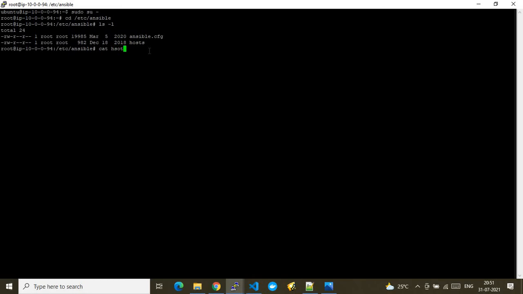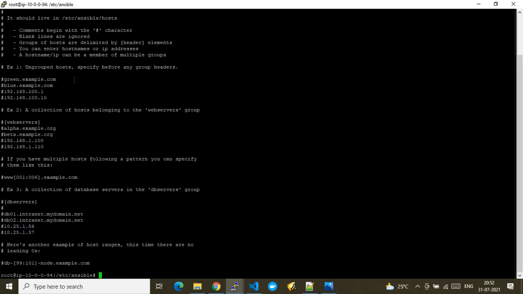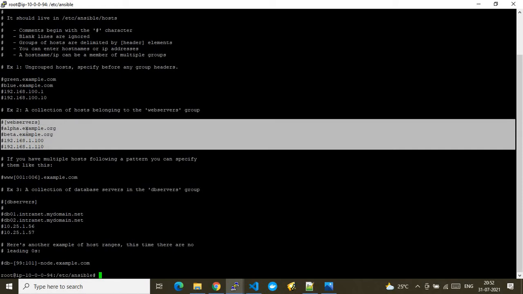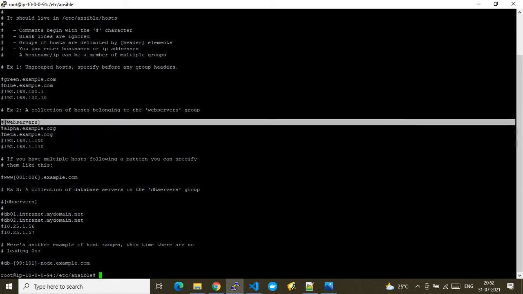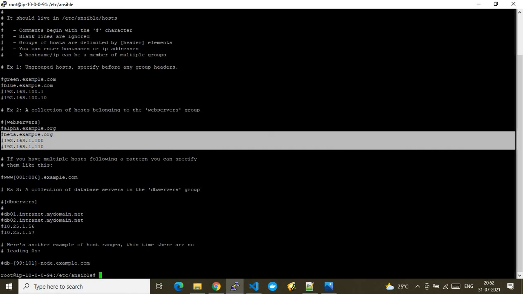This is where I need to do the next task. Hosts is a file which Ansible uses for maintaining the inventory. It maintains the record of all the VMs it supports for managing configurations. So let's do a cat of this one. Here you go. It contains a lot of information, and it also gives some examples of how you need to keep the inventory file. It's telling us to keep your servers in a grouped format, where you group them by giving a name to that group in square brackets. After that you can put an FQDN or the IP address.